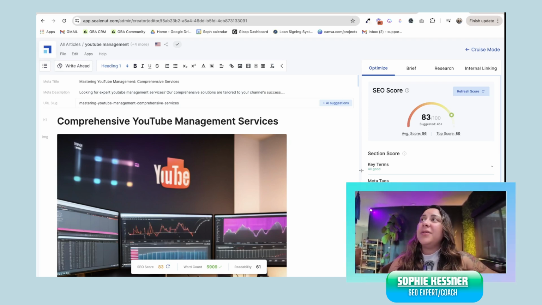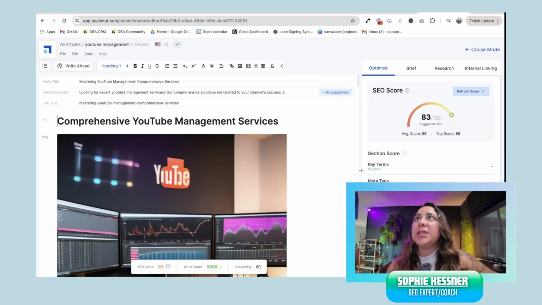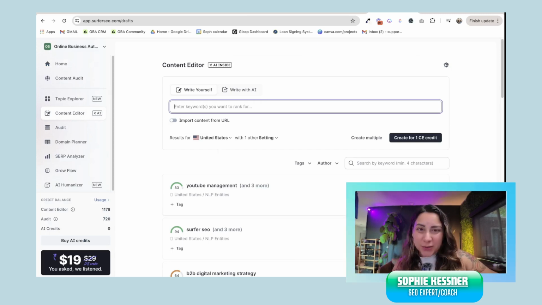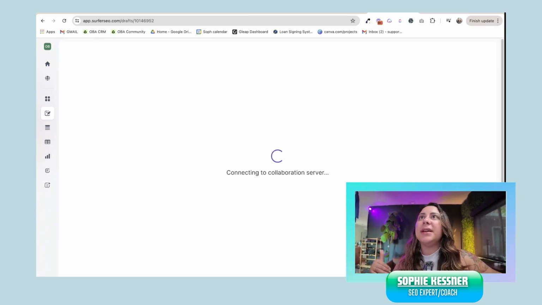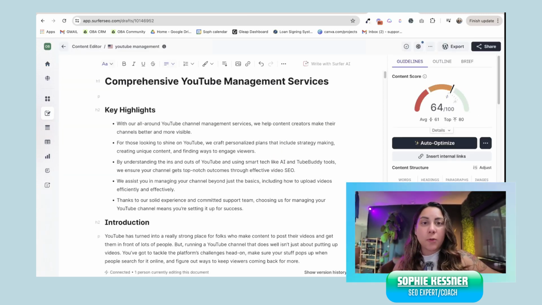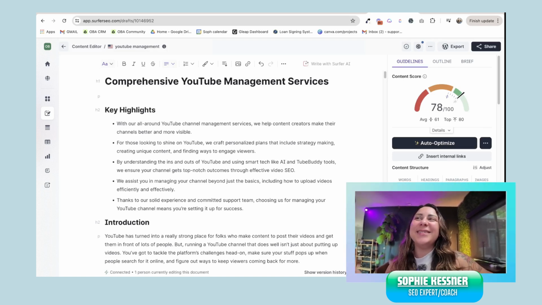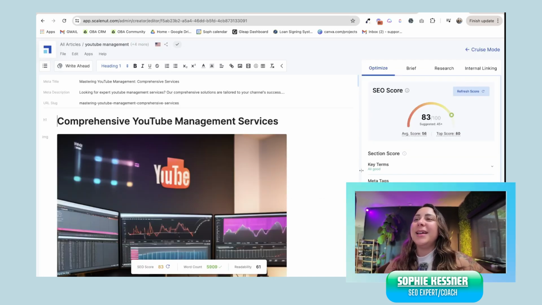But it's something I always find really annoying when I'm on Surfer and I spend all this time creating this really well-optimized piece of content, and then I have to figure out what I'm going to do for the slug in the URL and the meta description, because it doesn't automatically populate that for me. So that's another nice thing about Scalenut, and how it's doing a little bit more than Surfer